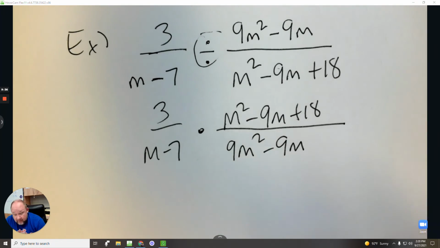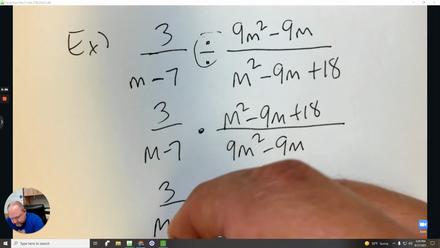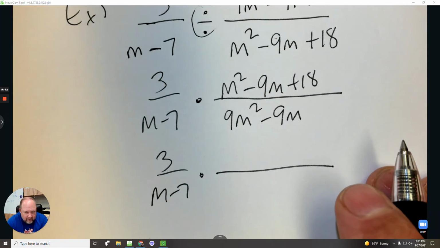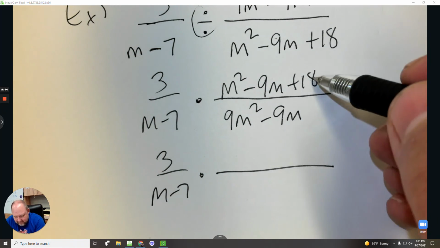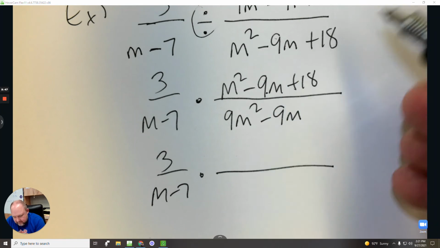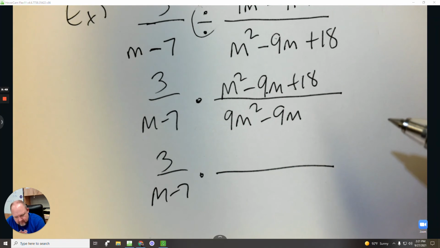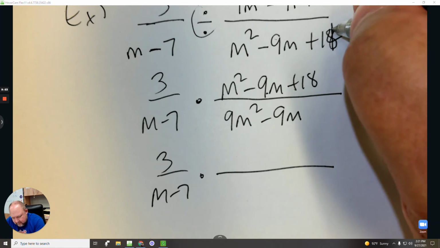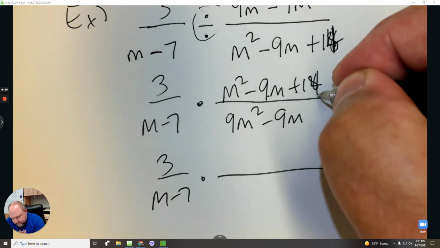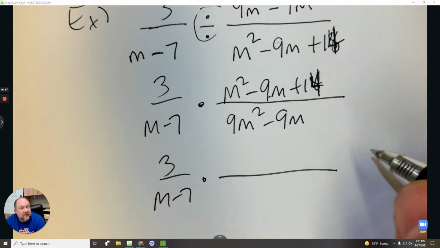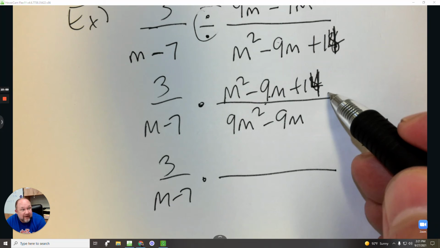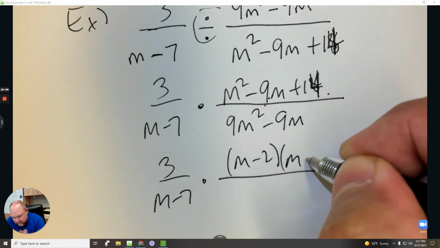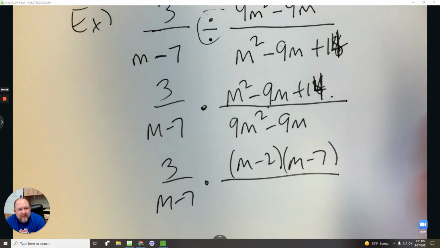Now, we're going to factor what we can. So on the right side, in the numerator, what two numbers multiply to 18 and add to -9? Did I do that right? No, this should be a 14. Can you change that to 14? I was doing it in my head. So what two numbers multiply to 14 and add to -9? This is what I wanted. Negative 2 and negative 7. I got there. And then the denominator,